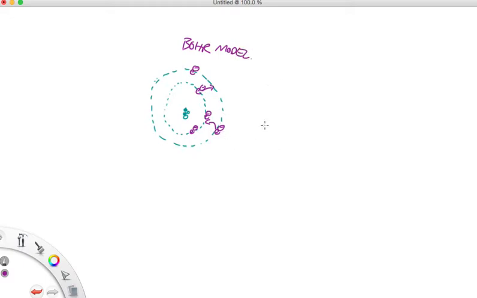The phenomena it explained were these atomic spectra. When they excited atoms, they saw that these atoms gave off certain wavelengths of light, and those wavelengths corresponded to electrons jumping up and down between these shells. It's a very elegant model of the atom. It turns out not to be completely correct. In fact, it only really works for hydrogen. So we went on to a different model of the atom, but we're not even going to talk about that in this class because it's beyond the scope of introductory chemistry. We can do everything we need to do with this Bohr model of the atom. So that's that. I hope it made sense. That's a little brief history of atomic theory.